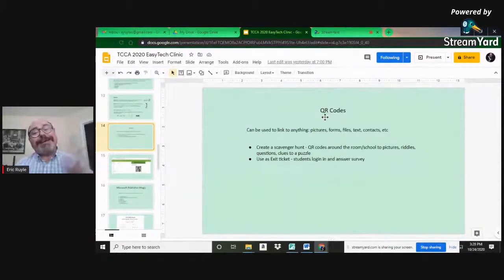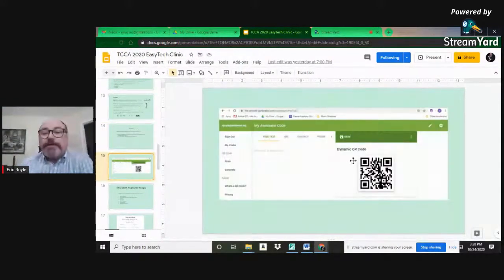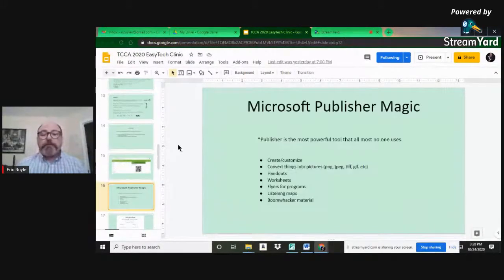Whereas a dynamic QR code, if you change that file, that QR code will still be linked to that file, even if it's changed. So if you update the file, you don't have to worry about getting a new QR code like you do with some other things. That's what it talks about, the dynamic QR code. So I can change this file and you'll get the updates. Whereas if you had a static one, you would only get the original one and not the updates.